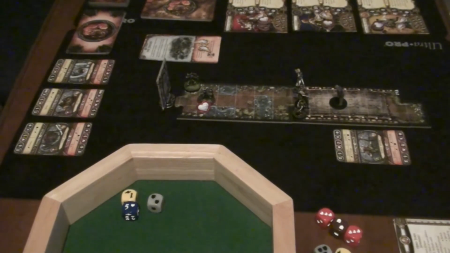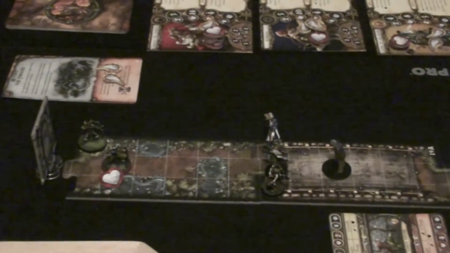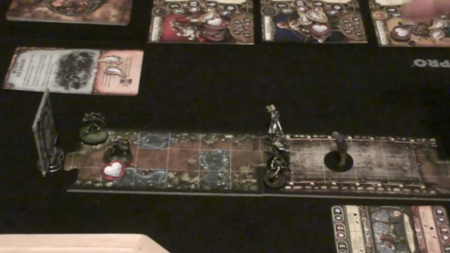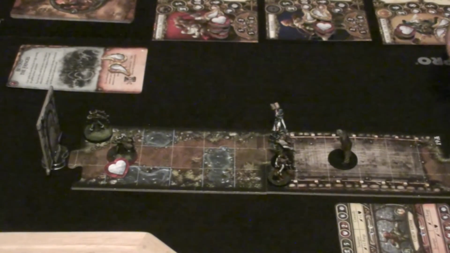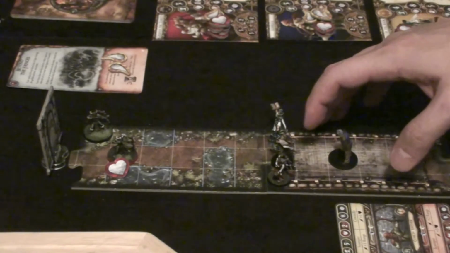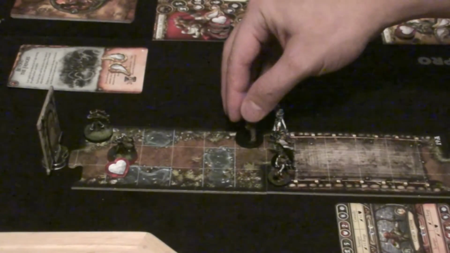So that's the end of Leoric of the Book's turn. And we do have Desmond, who we know is hurt. He can move up to 4 spaces, so I can move him 1, 2, 3, 4, which I'll do. I mean, I could do this later, but I'll do it now